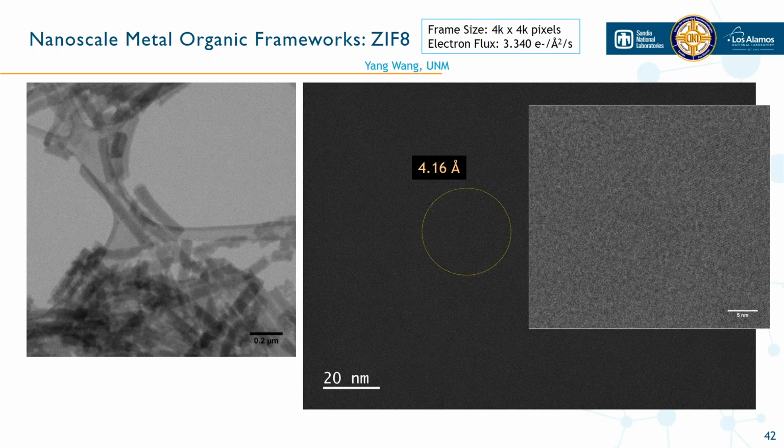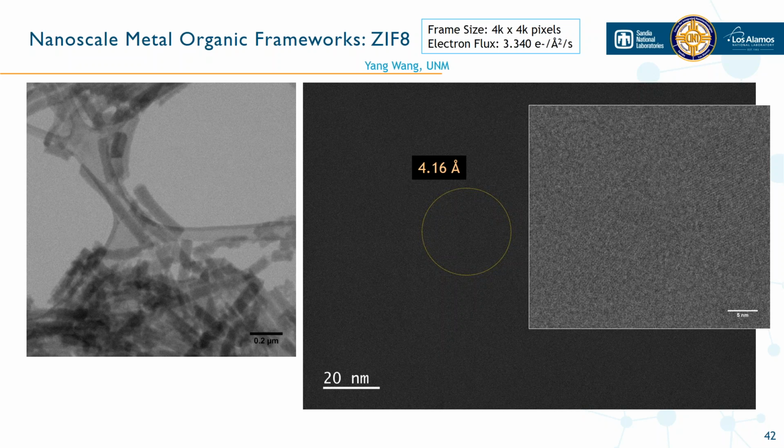And so luckily with a large field of view, with the K3IS camera, I was able to align close by on a structure where it was either over the carbon or not of interest, and then move over to where one of these